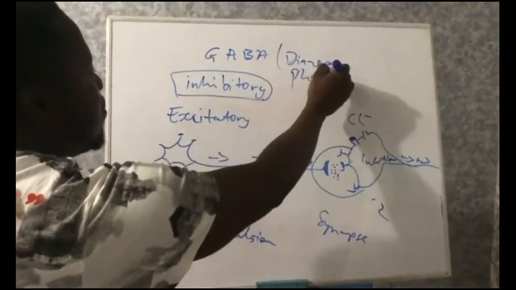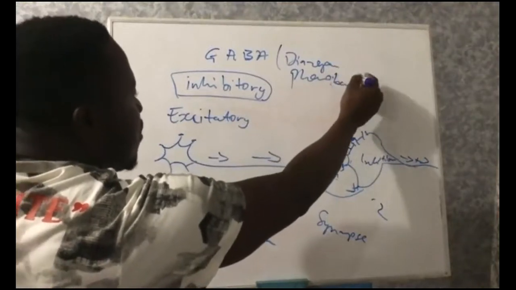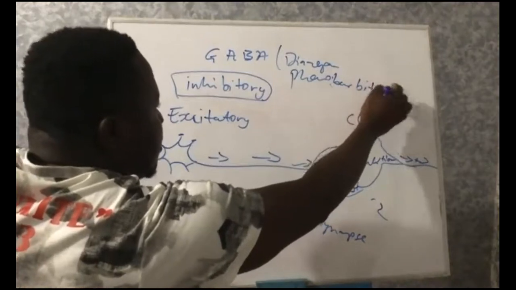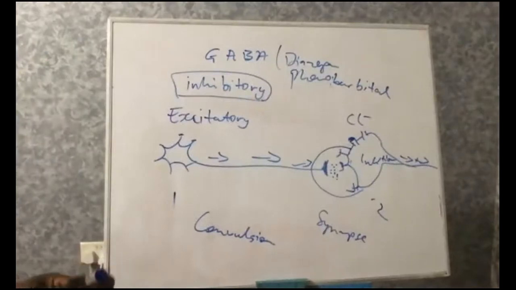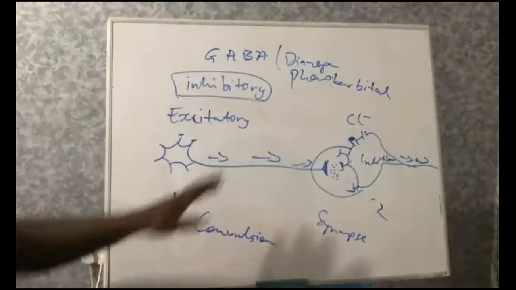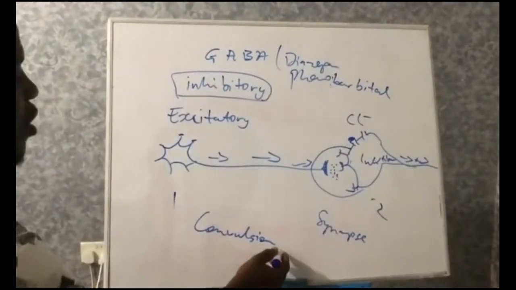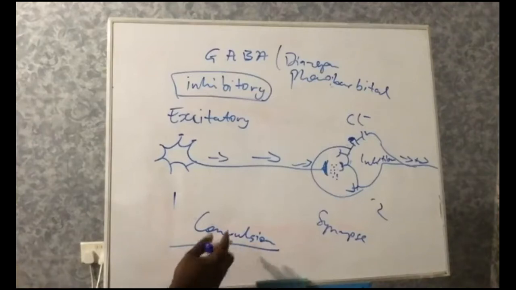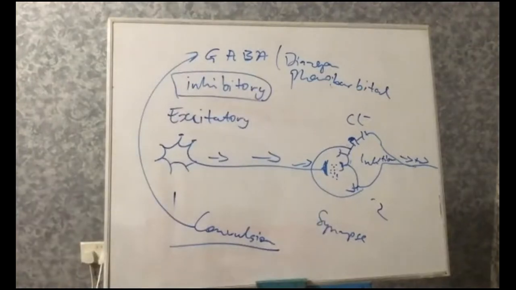Drugs like phenobarbital or barbiturates, they all behave like GABA, even though through different mechanisms. So GABA is the naturally produced one. These ones are the artificial ones, okay? So if someone is continuously having convulsion, it's either the person wasn't producing enough GABA, or probably there is some condition that has led to